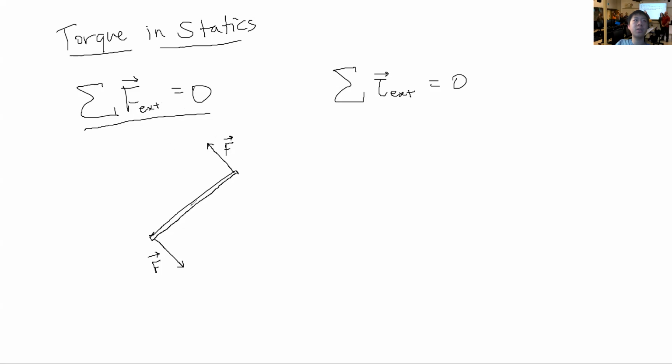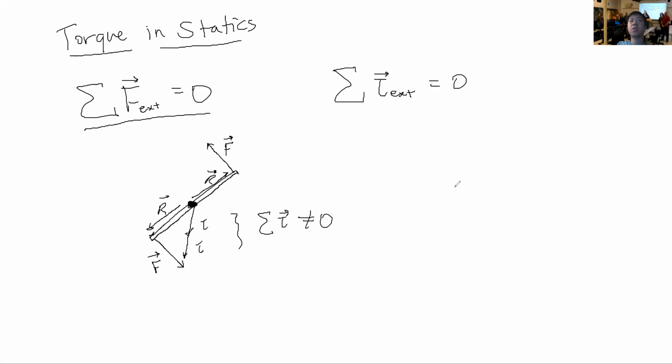That's right. Because if we choose some center of rotation, like in the middle here, and then we draw radius vectors outward like that, then r cross F is going to be pointed out of the screen, right? There's going to be some tau, right? And then r cross F again, since it's going in the same direction rotationally, it's going to be another tau going that way, right? So then here we can see that the sum of tau is obviously not equal to 0, right? Which means that while the sum of the linear forces is equal to 0, the torque is not,